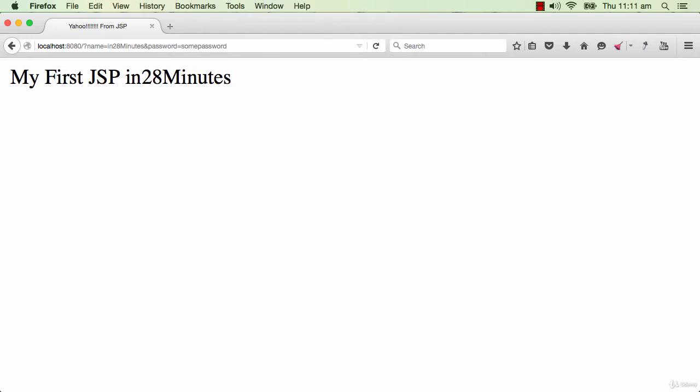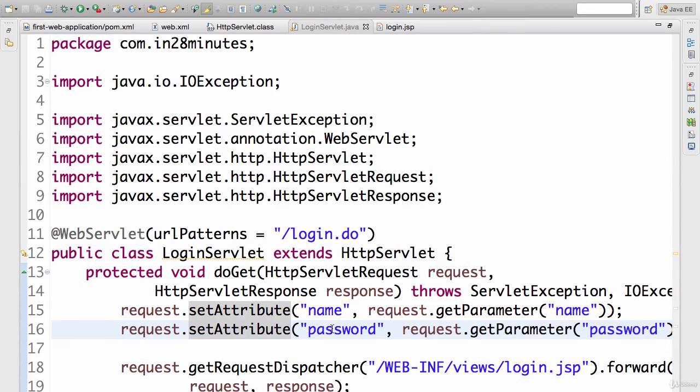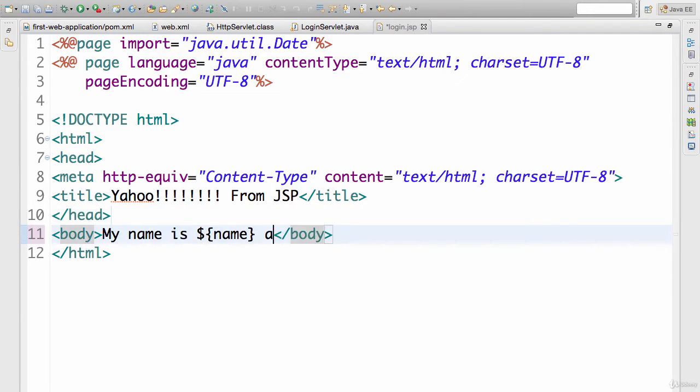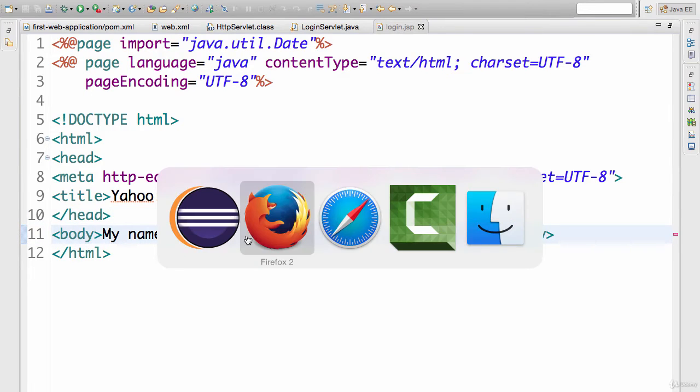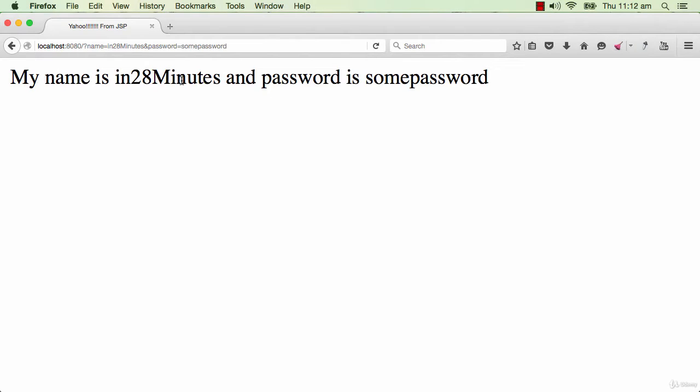Now I would type this in, and there's nothing changing in here because we only added the request attribute password, but we have not taken it and shown it in the JSP. So let's do that as well. So let's quickly say my name is ${name} and password is ${password}. Once I do this and I refresh the page, you'd see that my name is this and the